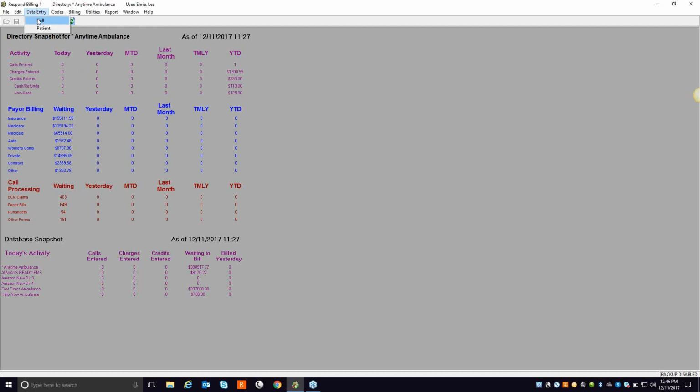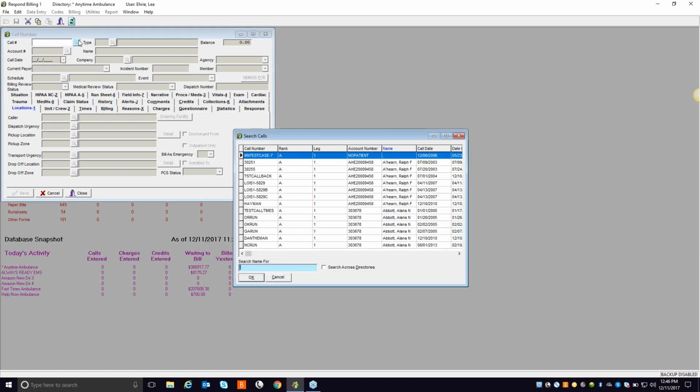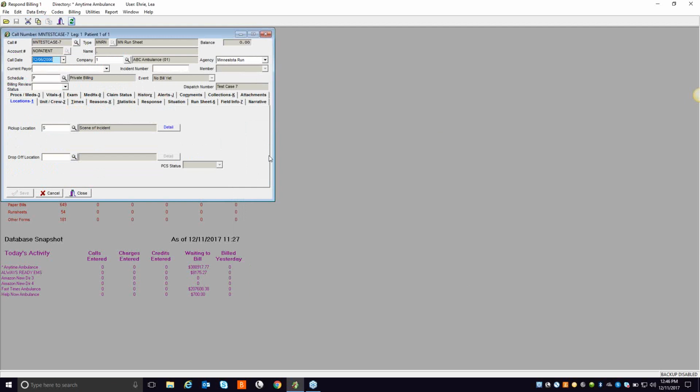First thing is we do have to have either the call screen or the patient screen open to do so. So hypothetically, we've got an example here that I can show you. This Minnesota test case number 7 is the one that I'm going to pick on today. A key factor with archiving, there's 2 key factors. One, some of the things that I may show you today, if you do not see these options, it's typically because of security profile rights that you don't have, that either A, may need to be turned on, or B, maybe your managers'